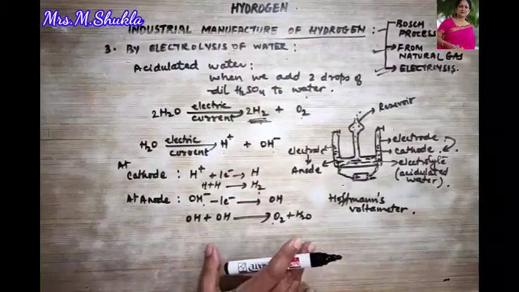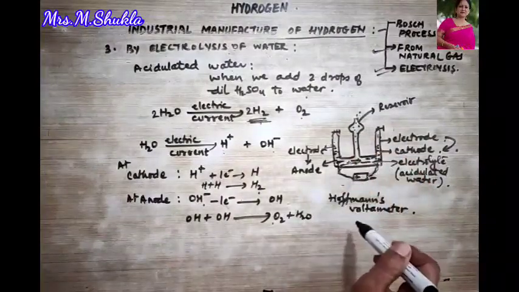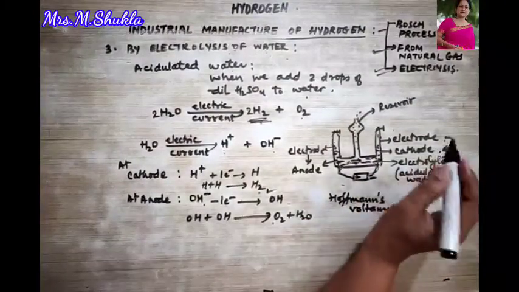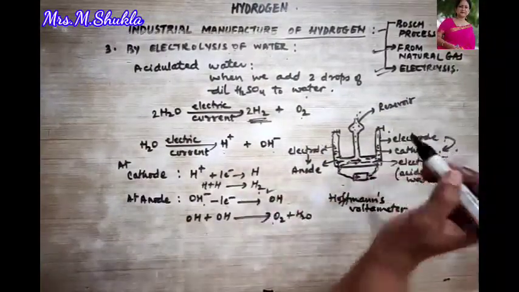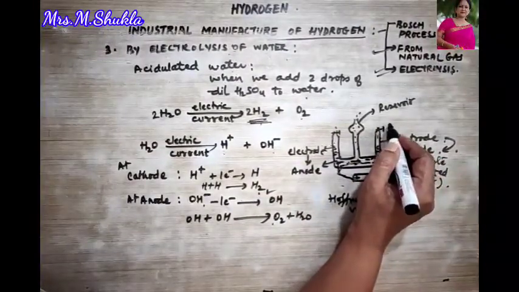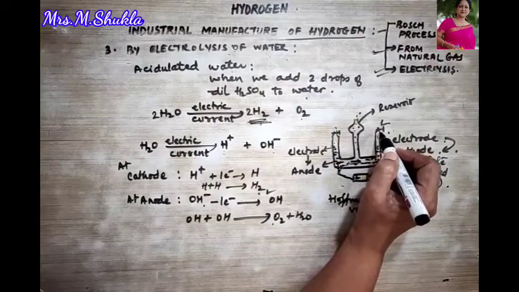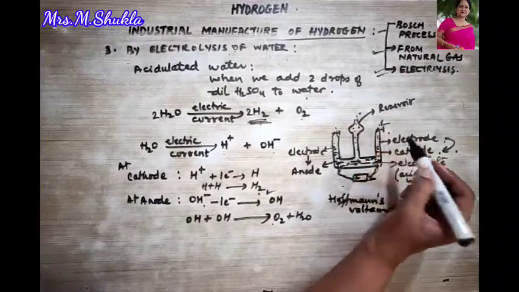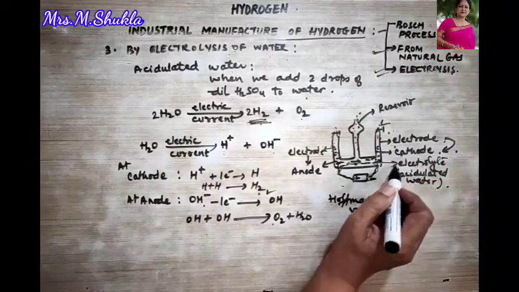Now this pure hydrogen and this pure oxygen, they are obtained by what method? By the electrolysis method. Hydrogen is obtained at cathode and oxygen is obtained at anode. Now how do we test whether this is hydrogen and this is oxygen? If you open this knob and bring a burning splinter over here, you will see the test for hydrogen. It extinguishes with a pop sound and a blue flame is obtained. This shows that at the cathode we are obtaining hydrogen gas.